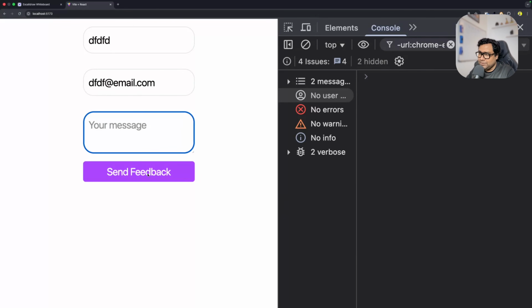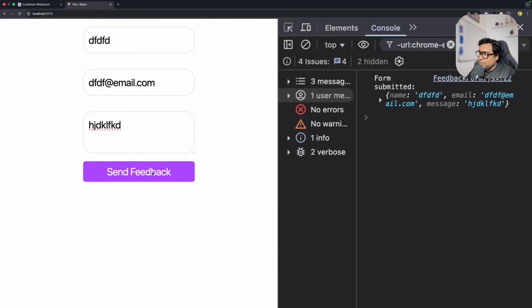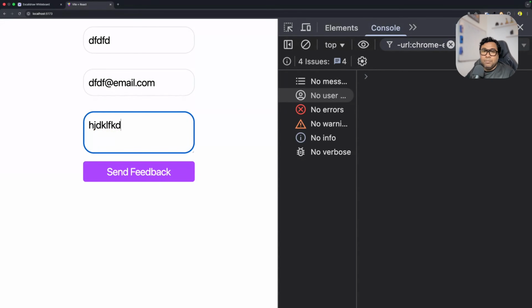Now, if I give some value over here and do send feedback, then only I am able to get the email's value, message value, and the name's value. Great. But the problem over here is that this particular message value is not handled in terms of state. It is handled in terms of ref. Now, this inconsistency will make the validation of the form, resetting of the form, or testing of this form much